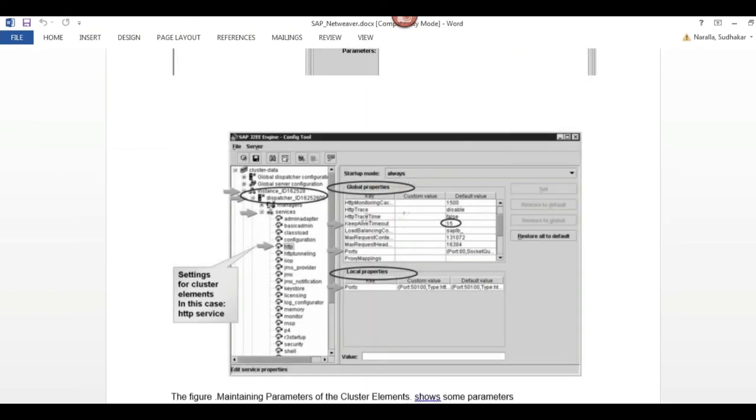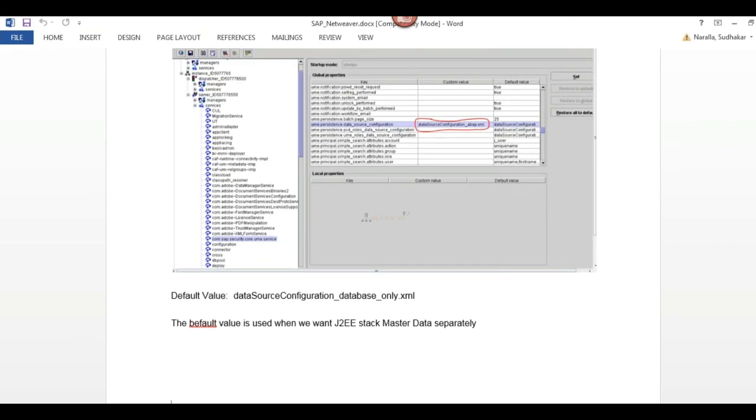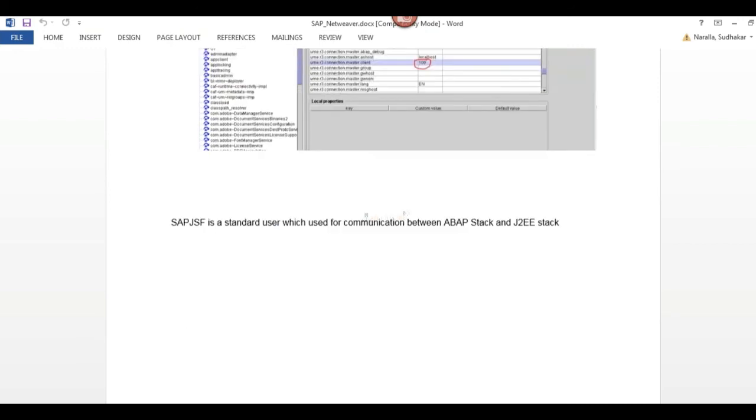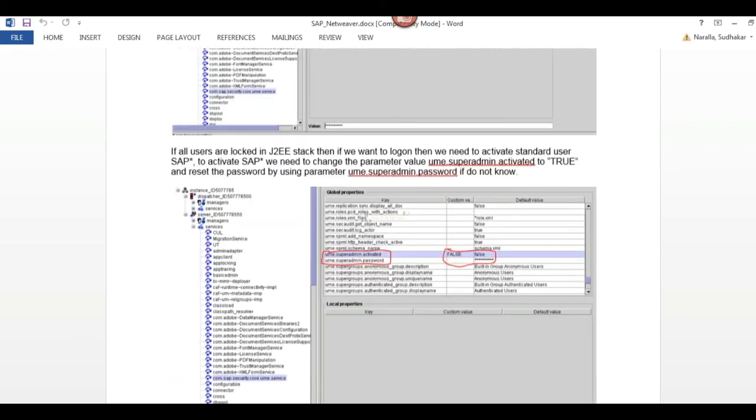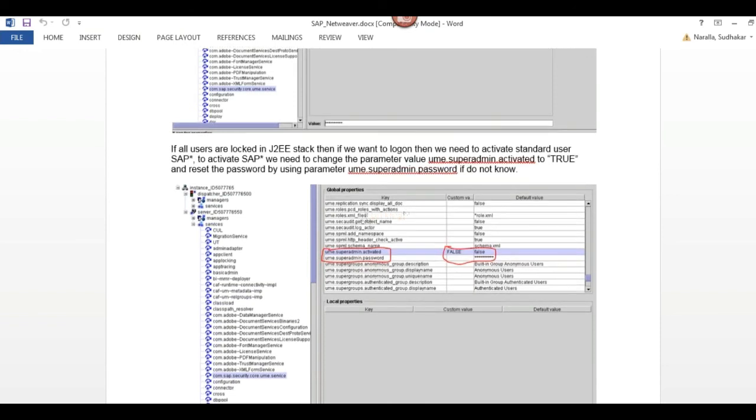In Java stack, we have one more feature. Like in ABAP stack, if you forgot the standard user passwords like SAP star password and DDIC password, what you will do? SAP star we can reset by changing the parameter profile: login/no_automatic_user_sap* equals to 1.